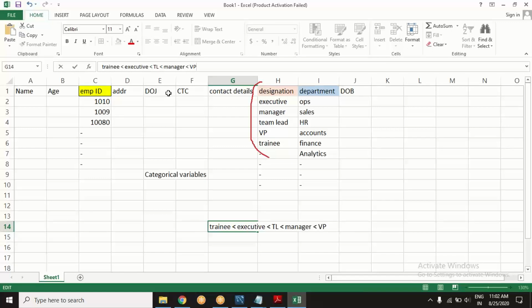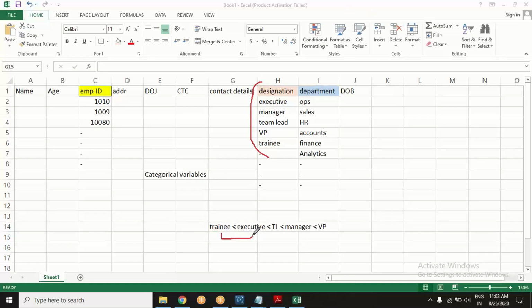I am not including AM, DM, and SM; I'm just giving you a crude example, but I hope I am making my point. You are getting this. So there is an order also.